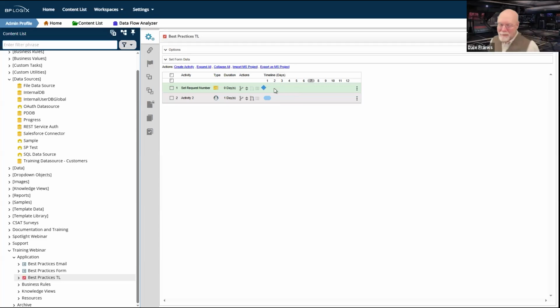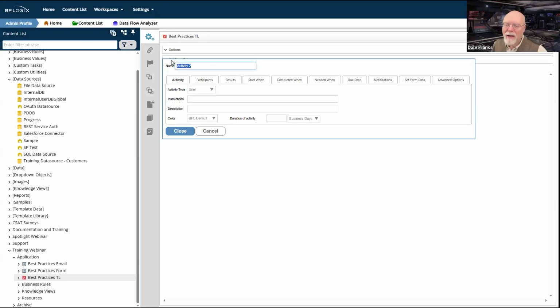I don't want them to run in parallel because the activity 2 will start and display a form prior to the request number being set. Don't want that to happen. Want the request number to be set. Once that request number is safely set and I have a valid request number for that form instance, then I can start my user activities.